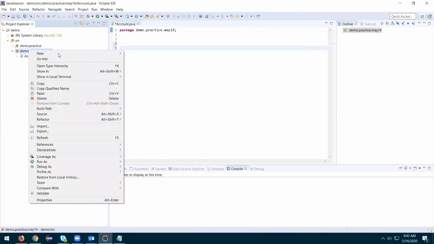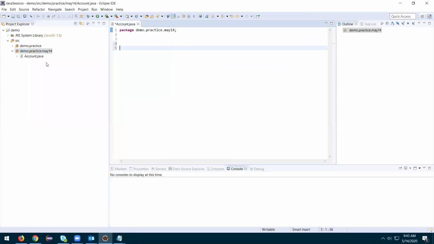Usually we can create a package from here as well, or we can straight away type something here. Based on that, this is the Explorer tab where the files will be separated based on packages. If you create a class, we need a keyword called class, and we specify a name for that. Here we already created a file name.